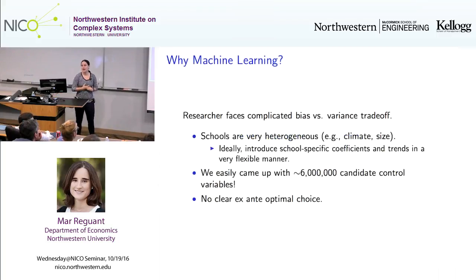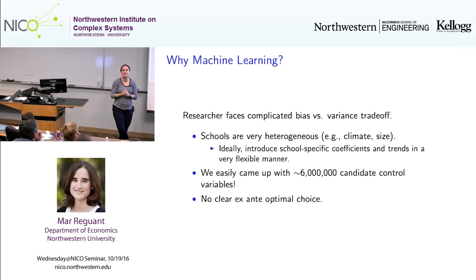So here, as researchers, we were facing an important trade-off. When you have a regression, at least in economics, we want to control for as many things as we can. But for all of the applied researchers in the room, we know that if we start throwing things into the regression, eventually we're left with garbage. And this is this variance-bias trade-off, that if I keep adding things into the regression, eventually I'm left with very little variation and not the variation that I thought I was going after.